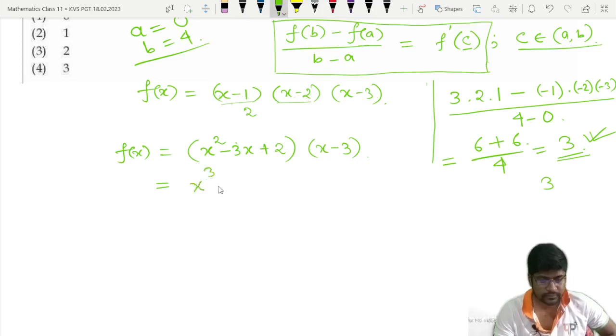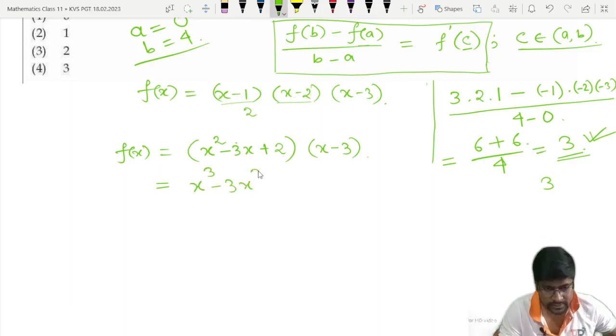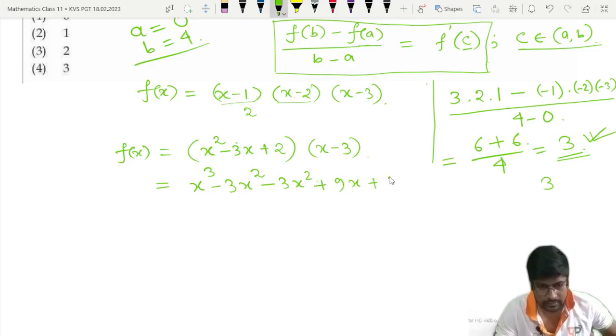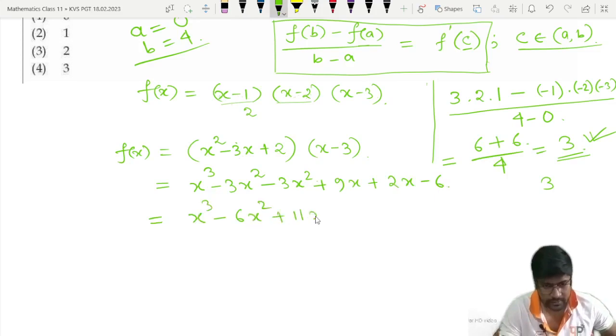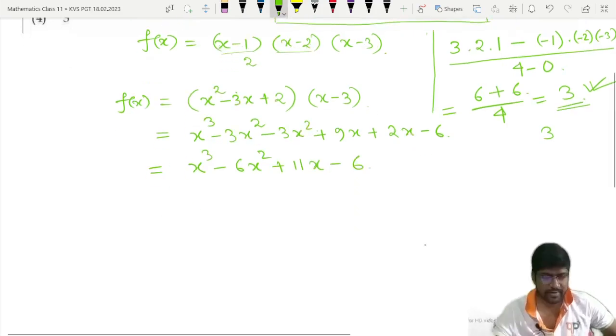That will be equal to x cube minus 3x square minus 3x square plus 9x plus 2x minus 6. Okay, that will become x cube minus 6x square plus 11x minus 6. Okay, there we did some mistake. 12x I think there we have got, or 7x, but here we are getting 11x. Okay,